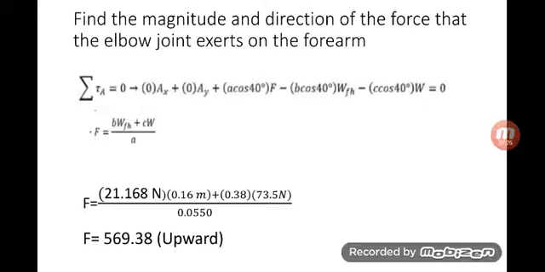So all you have to do is multiply it. So 21.168 newtons, the first value you get, simply multiply it by the distance from the elbow joint. Same goes with the other. Multiply the distance from the elbow joint to 73.5 newtons and divide it by 0.05, which is the distance from the elbow joint to